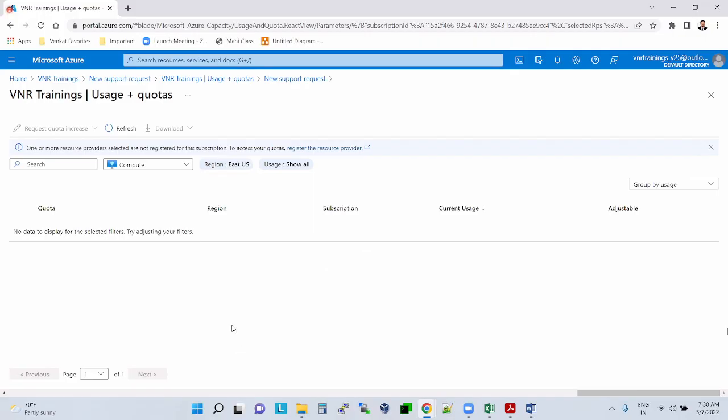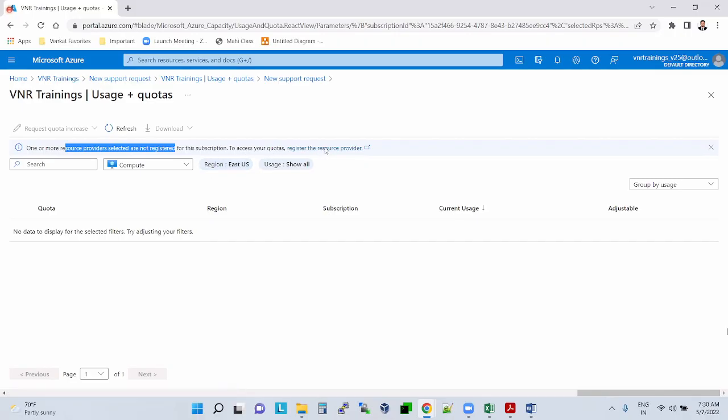Even here we don't have anything. It is showing all the quotas and limits actually. It shows that you don't have quota. I think in this case you should have another subscription. Otherwise, one or more resource providers are selected for the subscription.